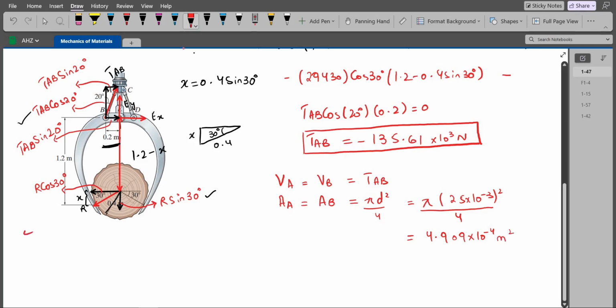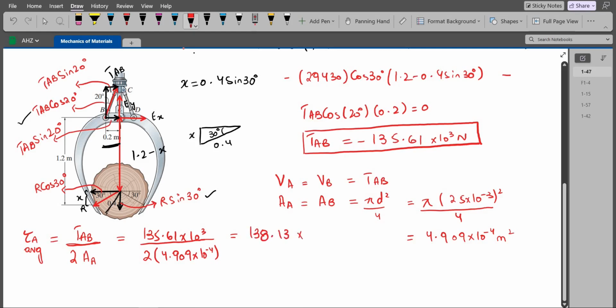So the average shear stress in the pin A is equal to TAB, which is the same as the shear force VA, divided by, since the pins are in double shear, it means they are twice the cross-sectional area. So 2 times the cross-sectional area of pin A. So TAB is 135.61 exponent 3 newtons divided by 2 times 4.909 exponent negative 4 meters squared. So the average shear stress in pin A comes out to be 138.13 exponent 6 pascals